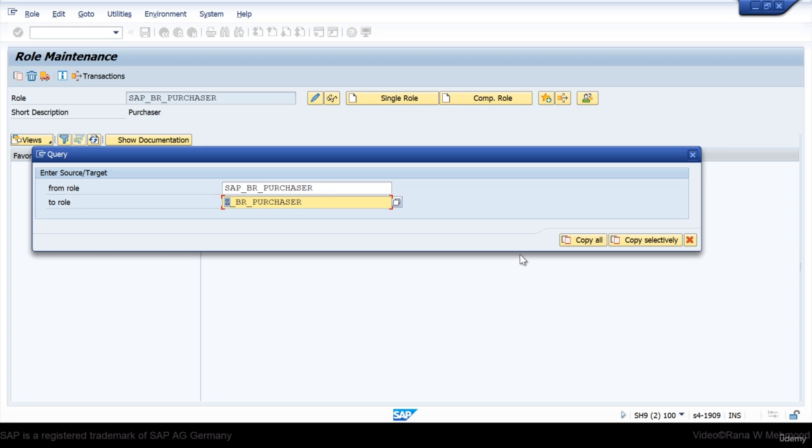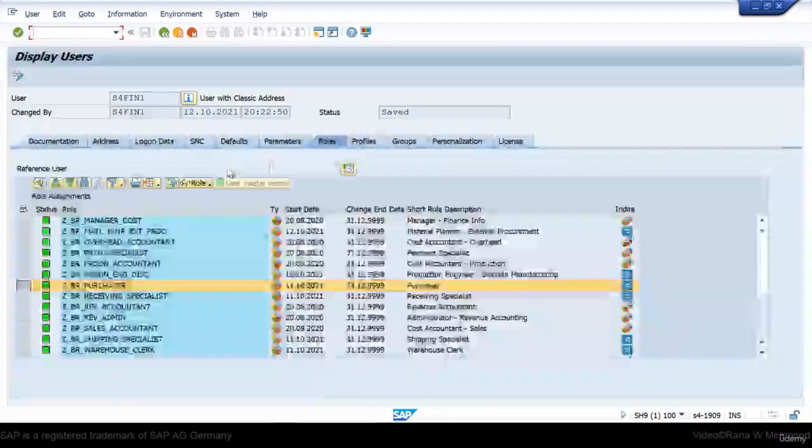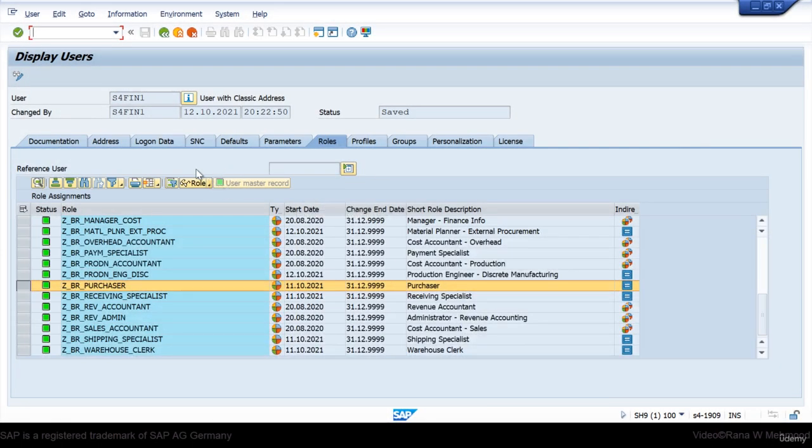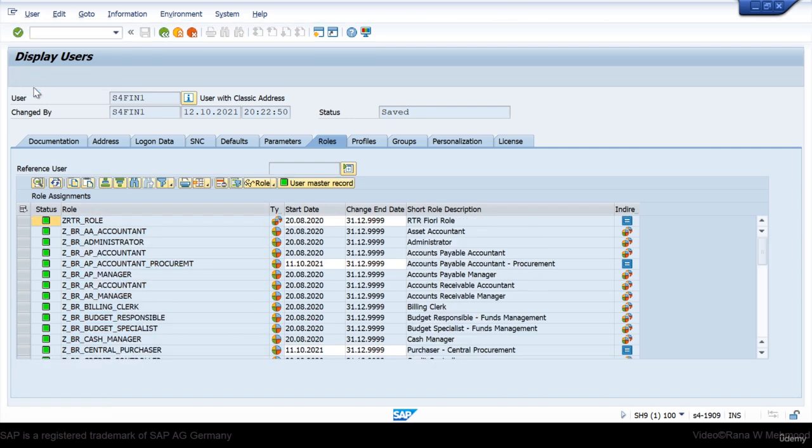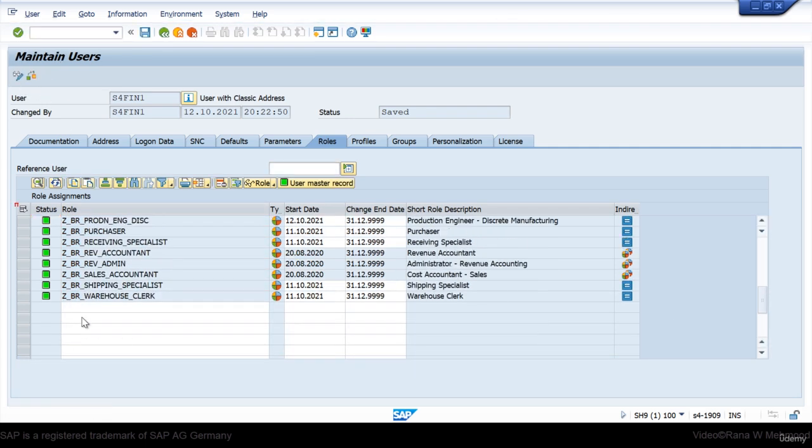After copying from the standard role to create a custom role, I will go to the transaction code SU01. In this transaction code, I will first click the change button, then scroll down and add this role here. As you can see, the role is already added to my user, Z_BR Purchaser. If this role is not assigned to my user, then I will not be able to see the